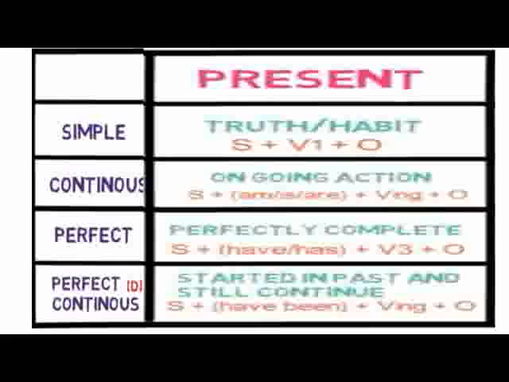Then comes perfect, perfectly completed, the work which has been finished or completed. We will use subject, have or has, then the third form of the verb and the object. And the fourth one is perfect continuous tense, that started in the past and is still in process. Its structure is subject, have been, first form of verb with ing and object, and we will use since or for